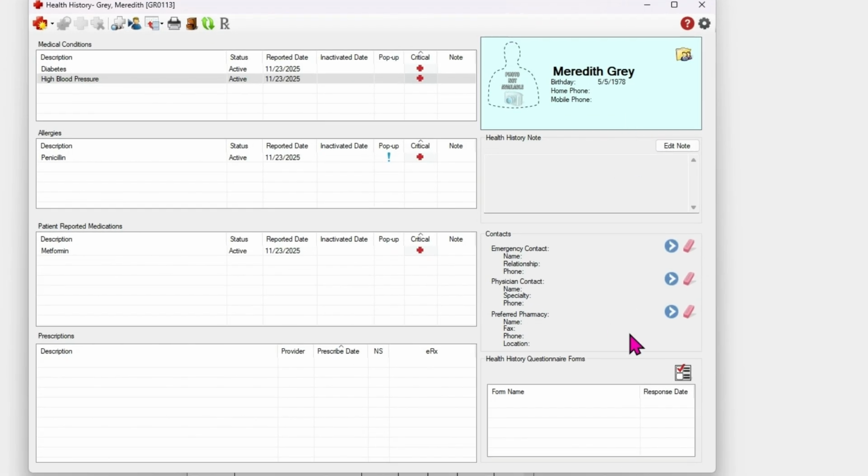On this side, you'll see health history notes. This is really useful for anything that's not already in your medical conditions or not something that you necessarily want to add into your medical condition or medication, but just a note that you want to make. I've been using this a lot with patients. I've been seeing a lot more patients using the medication Ozempic or Zepbound, and those are typically used for patients that have diabetes,